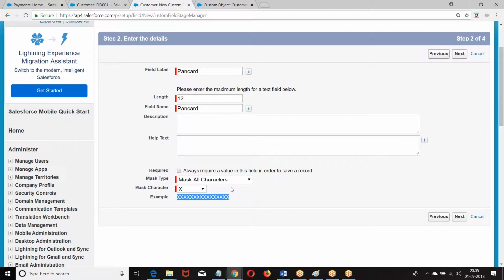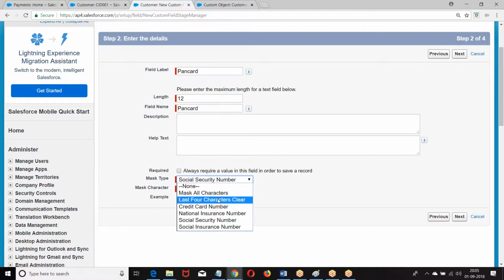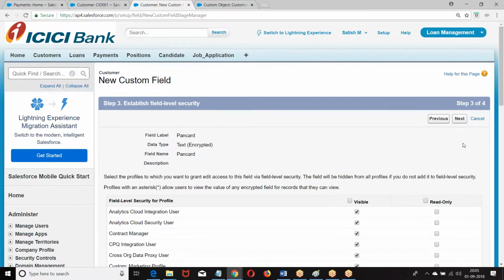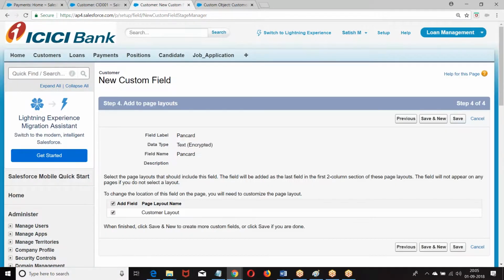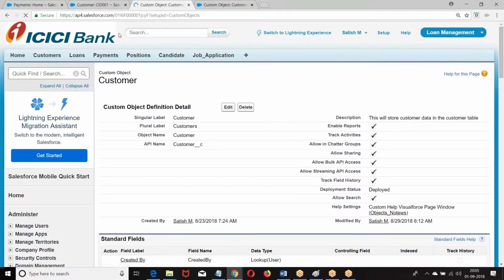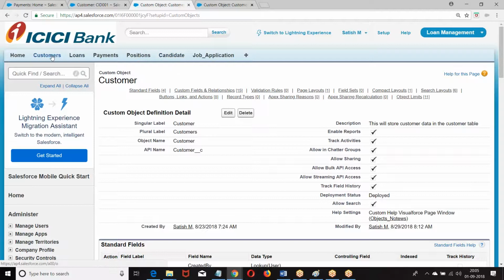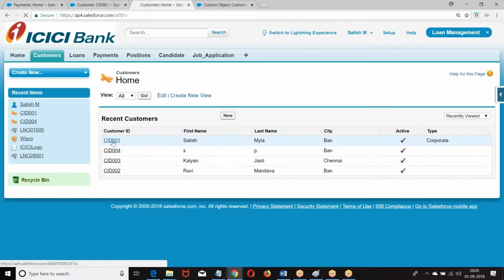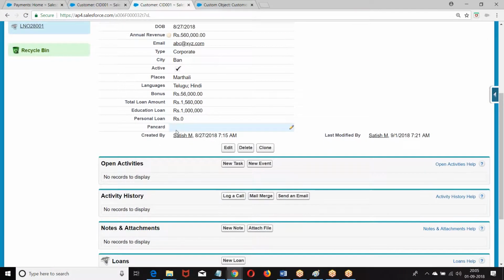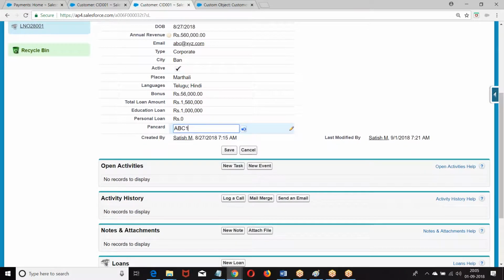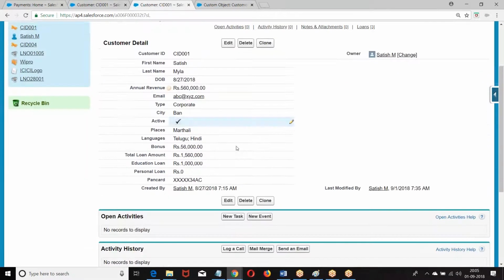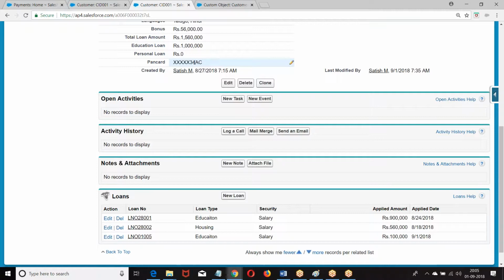Mask all the characters, last 4 characters clear, credit card format, SSN format. Choose any one of them. I chose last 4 characters clear. Go to customer. What was this? XXX and so on.